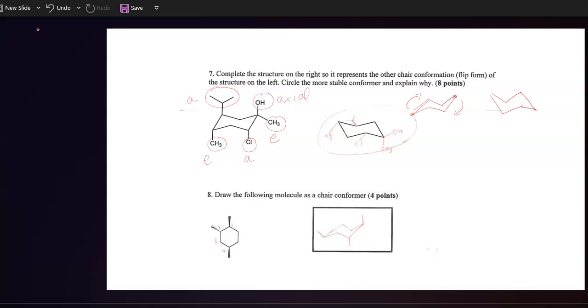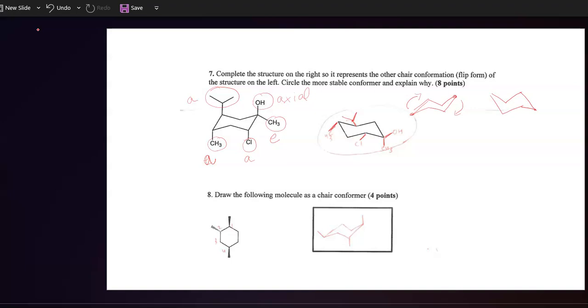So when we do that, the OH, which was axial, now becomes equatorial. The methyl, which was equatorial, now becomes axial. The chloride, which was axial, now becomes equatorial. CH3, which was equatorial in the first conformer, becomes axial, CH3, which was axial in the first conformation, now becomes equatorial, and then the isopropyl group is now equatorial. All right, so the